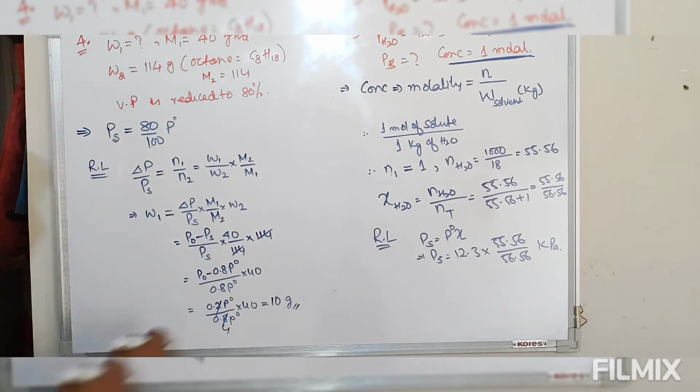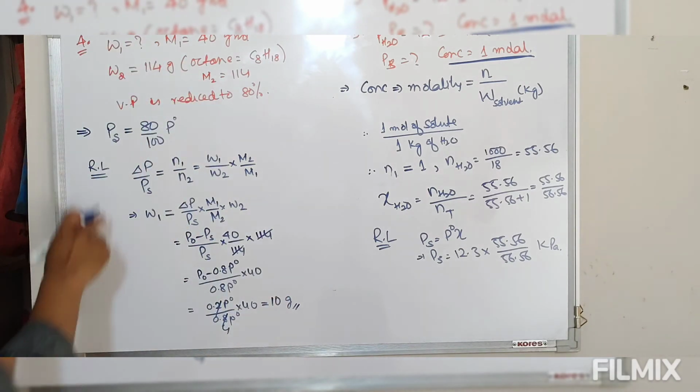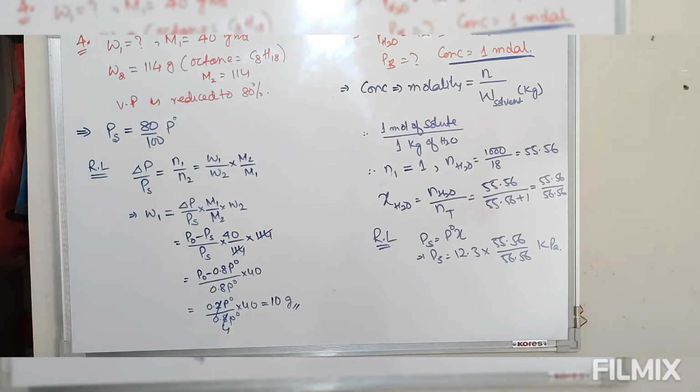That means on addition of 10 gram, vapor pressure is reduced to 80% of the initial value. So this is how we used the equation that we derived so far in Raoult's law. These are some of the typical examples by which we can solve subjective as well as objective problems. Hopefully you can do the rest of the problems given in the NCERT textbook and other objective questions. For this I'll just wind up here. Thank you.